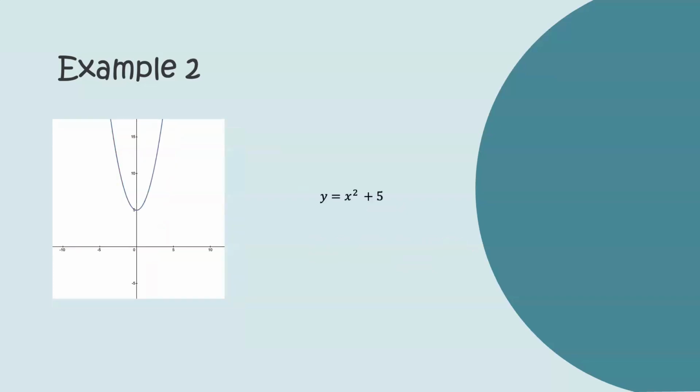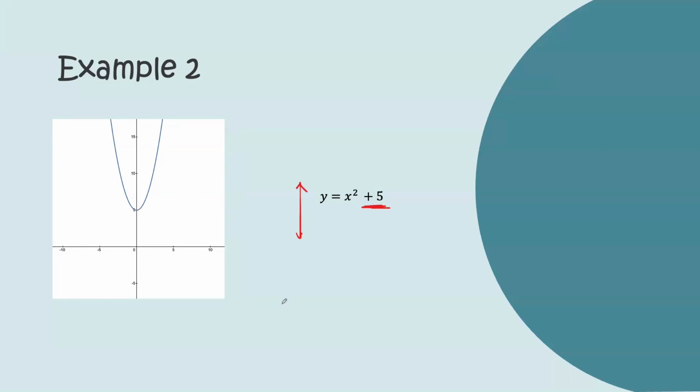But for now, if you look at another example, again we've got a parabola here. It's the same y is equal to x squared. We've just got a plus 5 at the end of it, okay? Now, we know that with our parabolic transformations, if we've got a constant at the end, that shifts the graph up or down, okay? In this case, we have a positive constant, so it's going to be shifting the graph